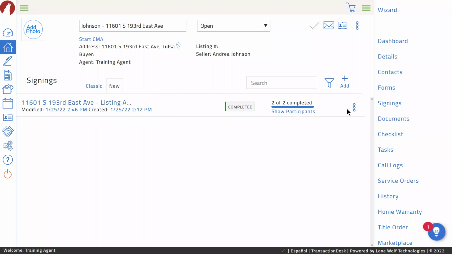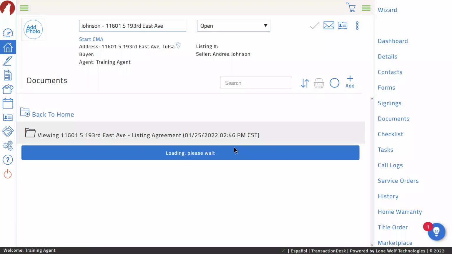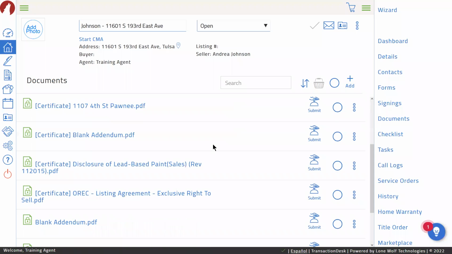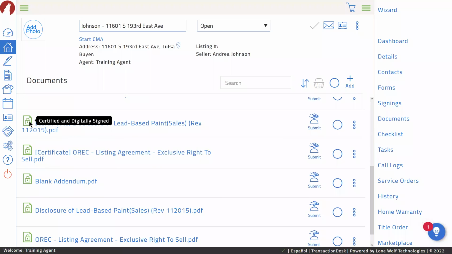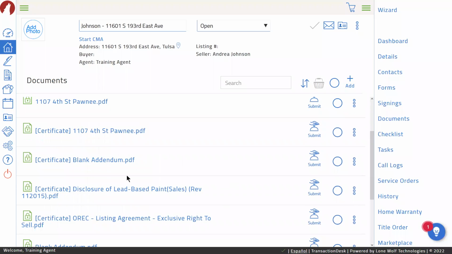All right. Now, let's actually click over to this documents button this time. And you'll notice that instead of the way that we used to do this, where all of the signed documents would just get dumped into the documents folder, nowadays each signing that gets completed will have its own folder. And inside that folder, it's going to have all these signed versions of those documents, including any of the forms or any of the documents that we sent off. And it's going to have a certificate for each and every one of them, as well as an overarching certificate that's going to be specific to this whole signing.